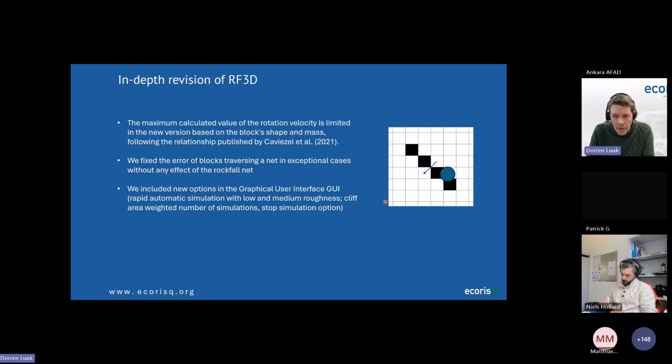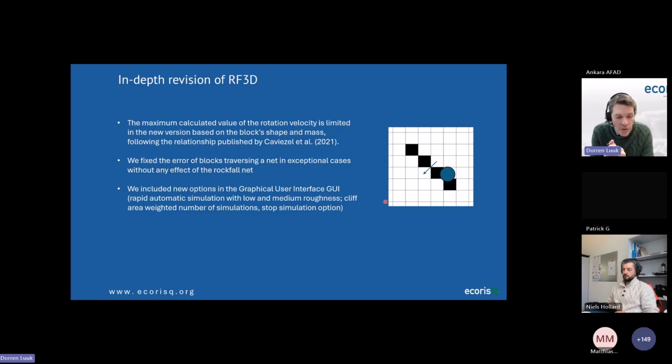If the net is working, that depends on your jump height. Of course, if the jump height of the block is higher than the net height, there's no effect of the net, as in reality. If the jump height is lower than the net, and that means really up to the level of the net, so if you say my net has 2 meters of height, and we assume that it's